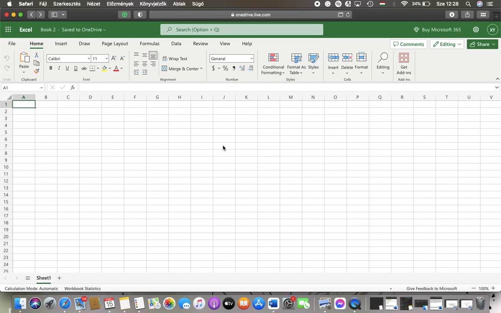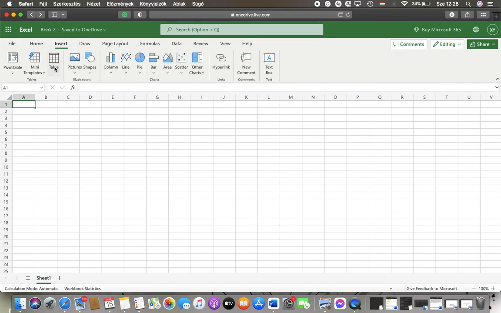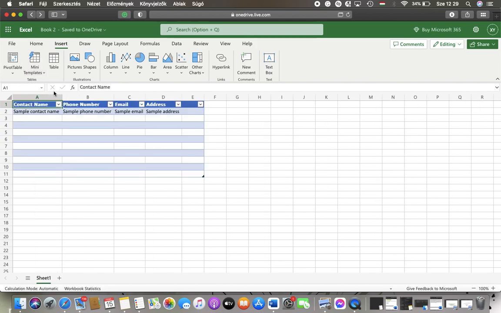First of all, open the website and then tap on this insert button at the top. Then go to this mini templates button or section and tap on it, and here you can find the contact list button. So if you tap on it, contact list will be inserted to your Excel file, including the contact